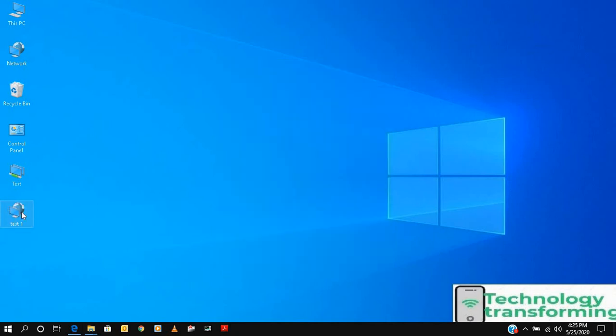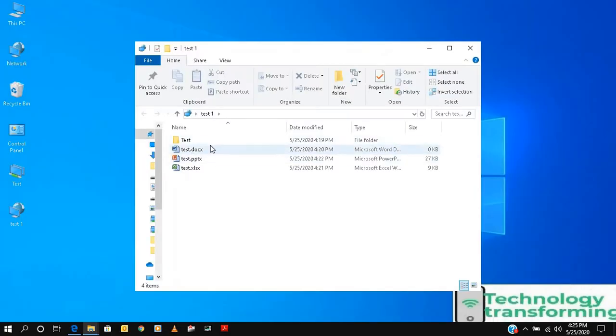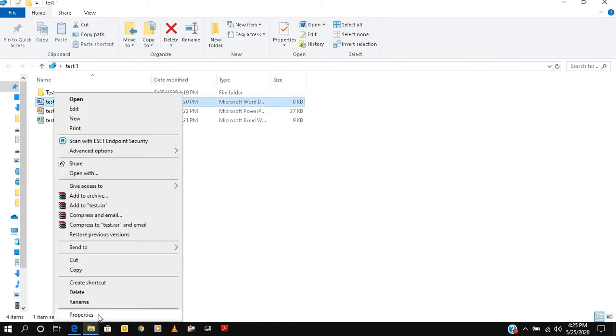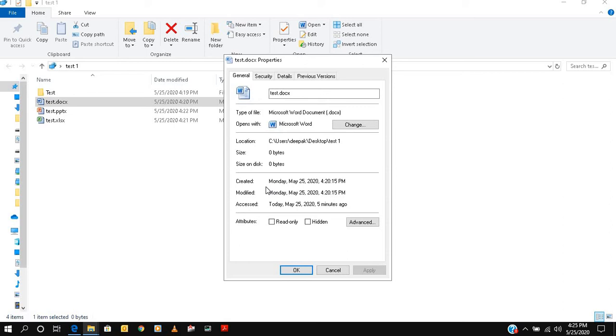So friends, if you see the icon is changed here. Then you can go again and check the properties of this Word, Excel, or anything. You just right click and go to Properties. Here you see the document size is 0 bytes, size on disk is nothing right now, when it was created, when it was modified, when it was accessed. Suppose you are a teacher or in some profession, and you created a file on some other computer and then you are editing it, you can easily find all the details here.